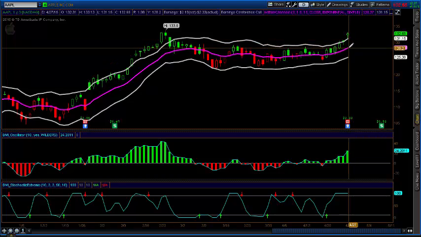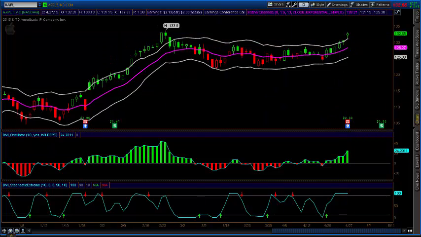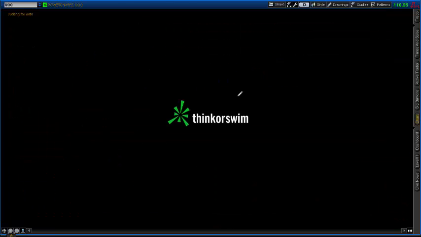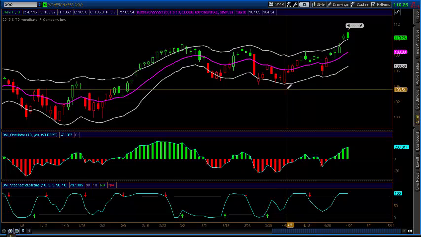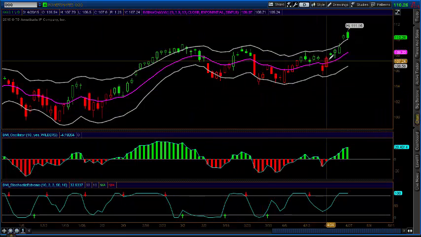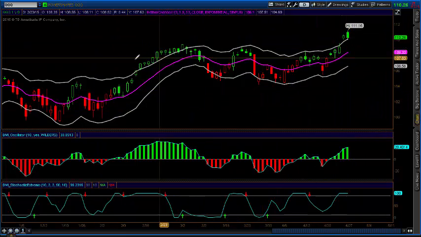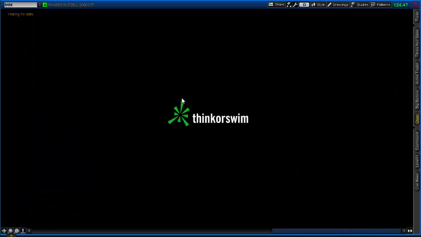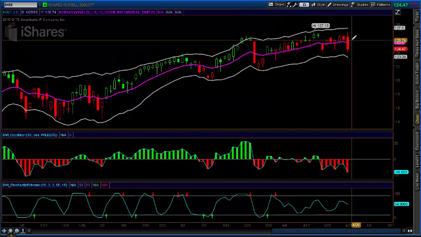But the fact that Apple was up this much actually held up, I think, the S&P as well as the NASDAQ, because Apple's relatively heavily weighted in these indexes. So the down day was slightly minimized by Apple. And you can look no further than the IWM Russell, which was down over 1%